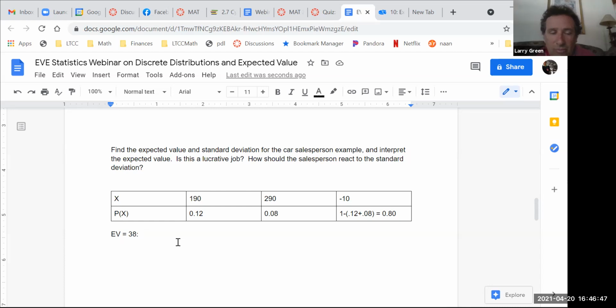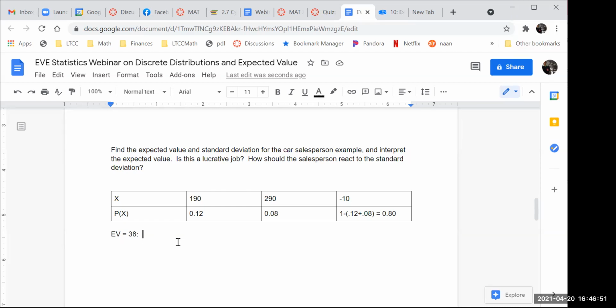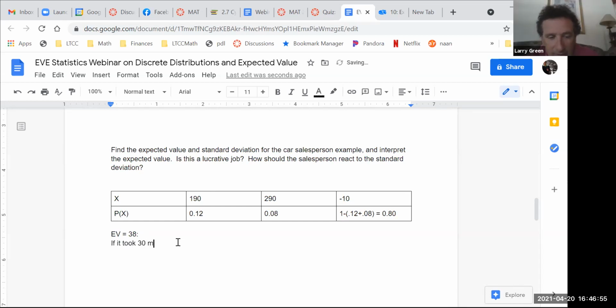Good. Yeah, this is a, what, $76 an hour job. So if it took 30 minutes per customer, remember, a lot of them are going to be real quick because you're going to test drive the car. They're going to say, I hate this car. They're going to leave. You're going to try and schmooze and get them to buy, and they're just going to say no. Okay. So some are going to take longer than others. But let's say it took an average of 30 minutes per customer. Then